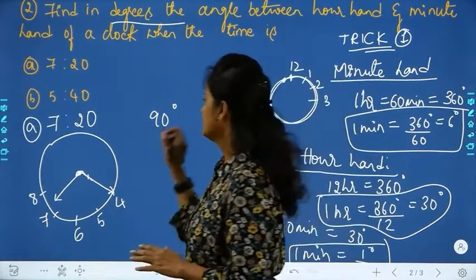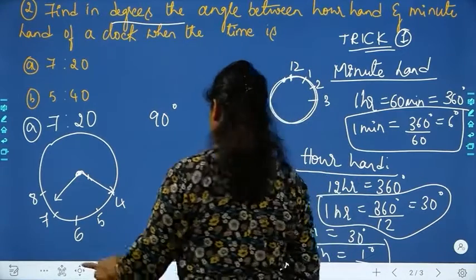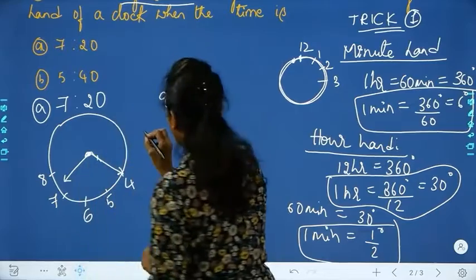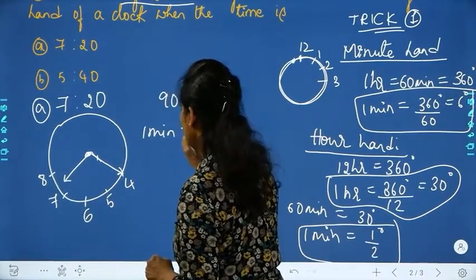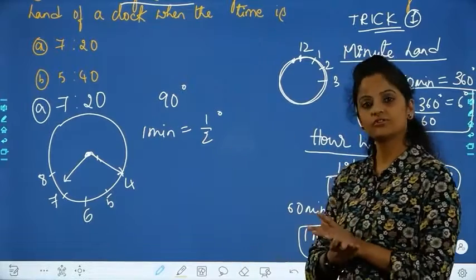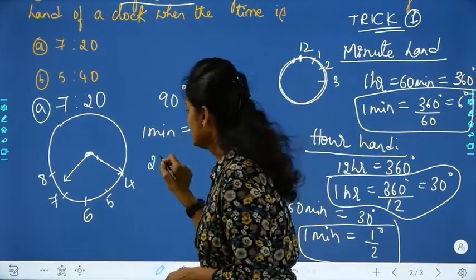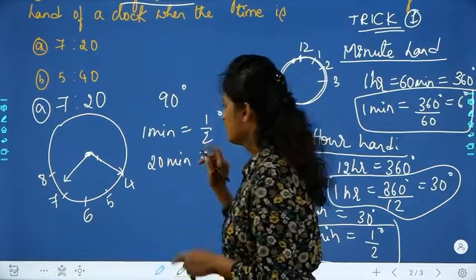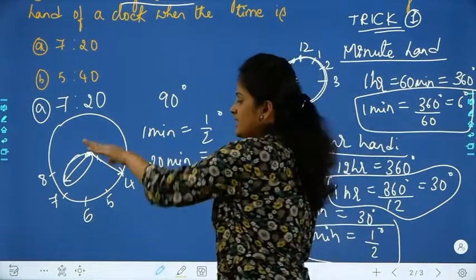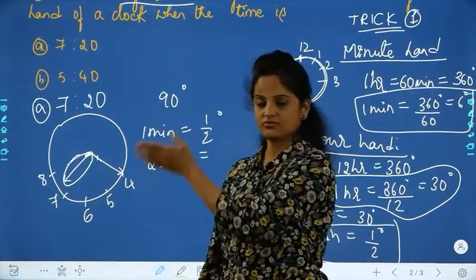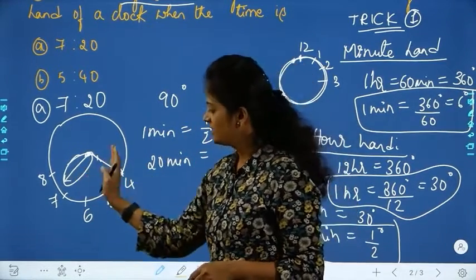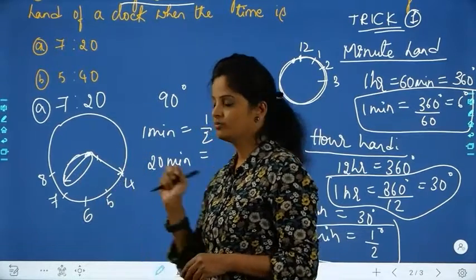Correct? Now find out, for 1 minute it is half a degree. If 1 minute is giving you half a degree, we are not going with the minute hand only here. Only the hour hand will give me the answer, so that is enough. 20 minutes if I take, for 1 minute it moves. The hour hand only is the problem for us, right? So the minute hand is fixed there at 4. It is fixed. 20 minutes, it is fixed. I don't have to bother about the minute hand. The hour hand has moved, so I have to check how much it has moved.